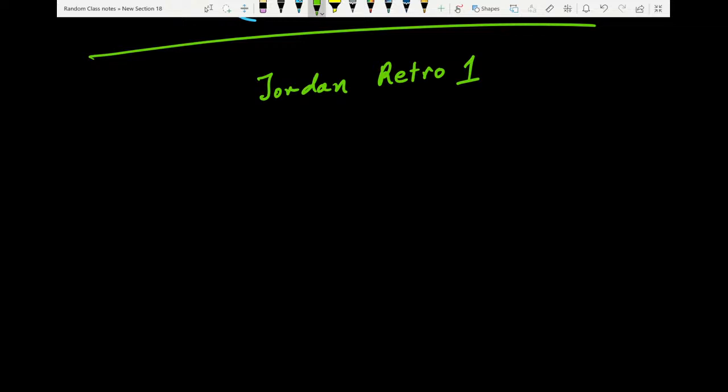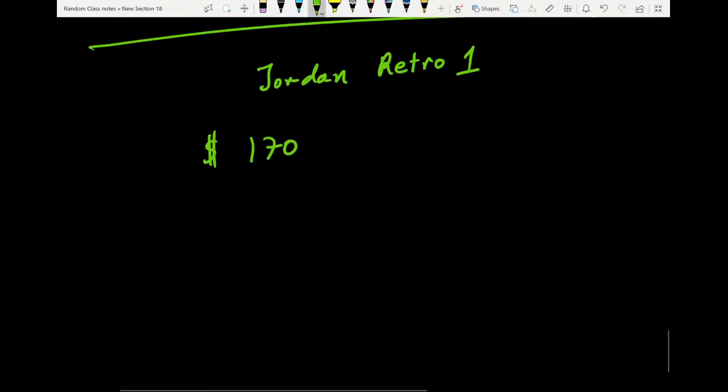So you end up buying aftermarket, something like Urban Necessity, and you pay tons of money. So let's say you bought this Jordan retro shoe, which usually starts at $170, but then they're so cool and rappers like Travis Scott put their name on it, and all of a sudden the shoe costs, let's say,